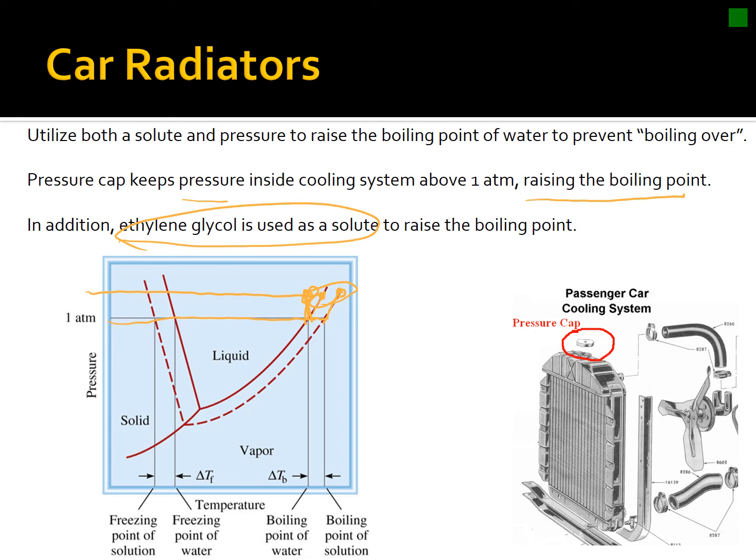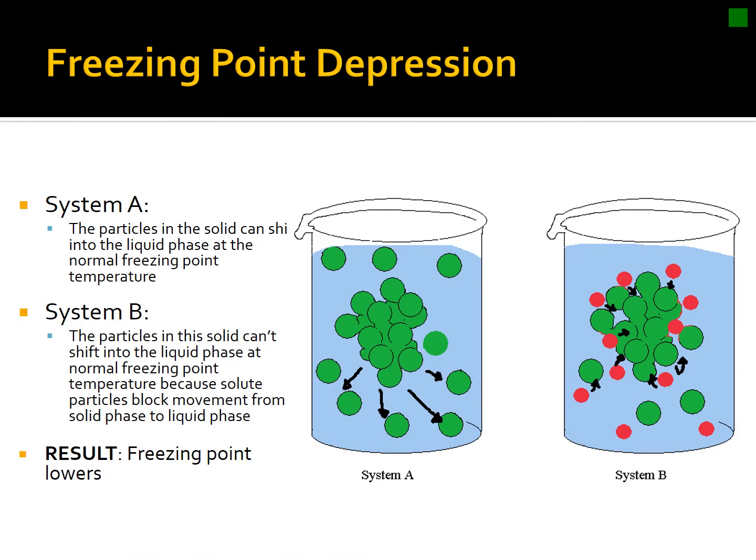Okay, so how do they do it? They add pressure to it, they keep it under a higher pressure, and then they add a solute, which will also raise the boiling point. So both of these will help raise the boiling point, which causes the water in your radiator to not overheat and boil over. Freezing point depression is the last colligative property we're going to be talking about, and what we're